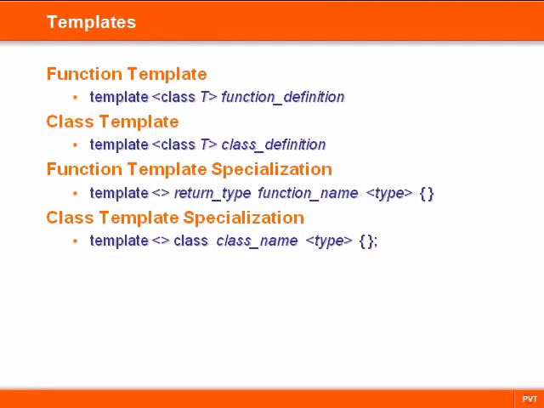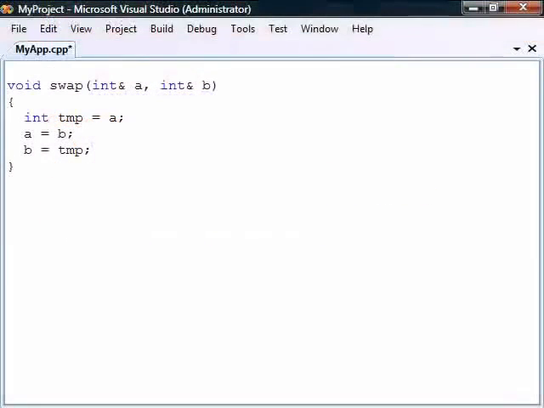Templates provide a way to make a class or function operate with different data types without having to rewrite the code for each type. First, we'll look at function templates. In this example, we have a function that swaps two integer arguments. To make this method into a function template that can work with any type, we first need to add a